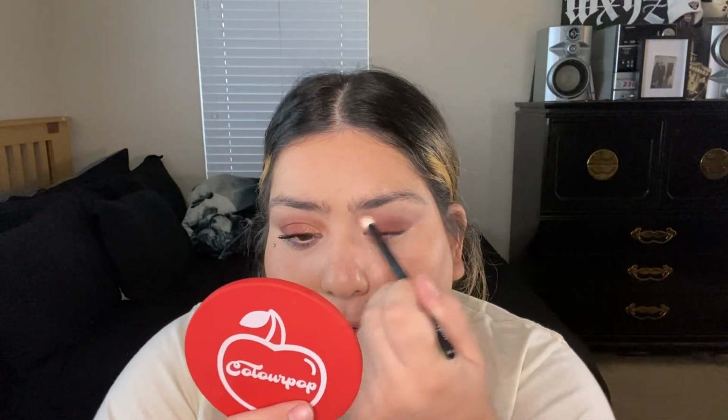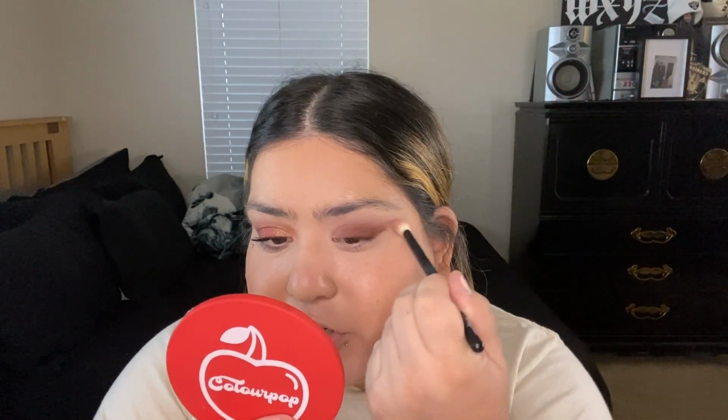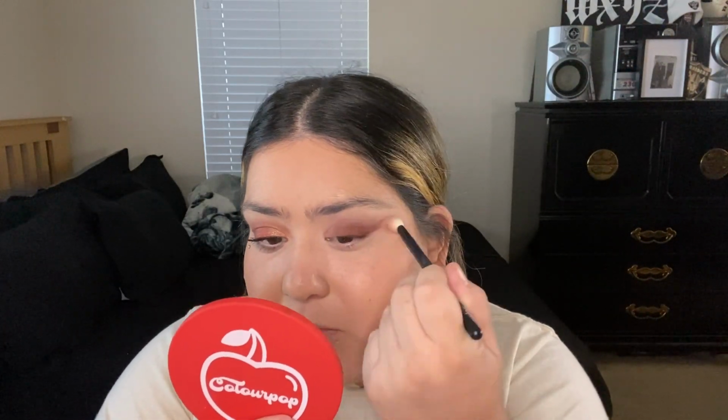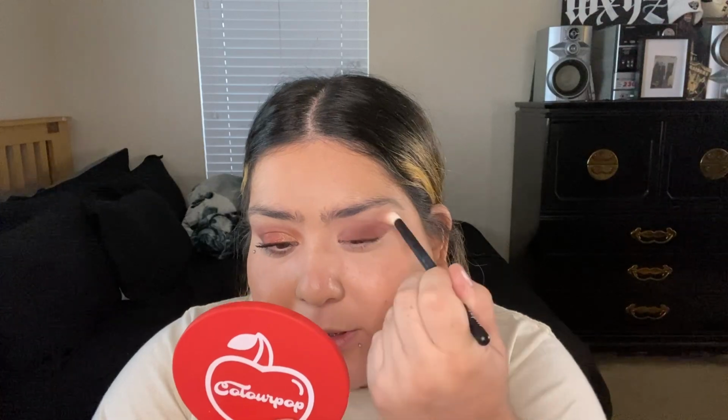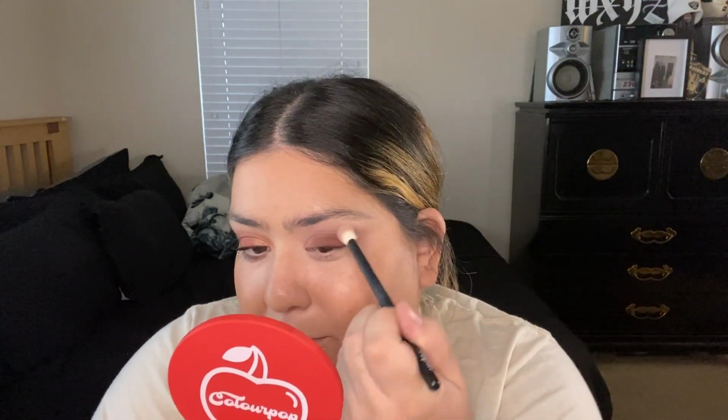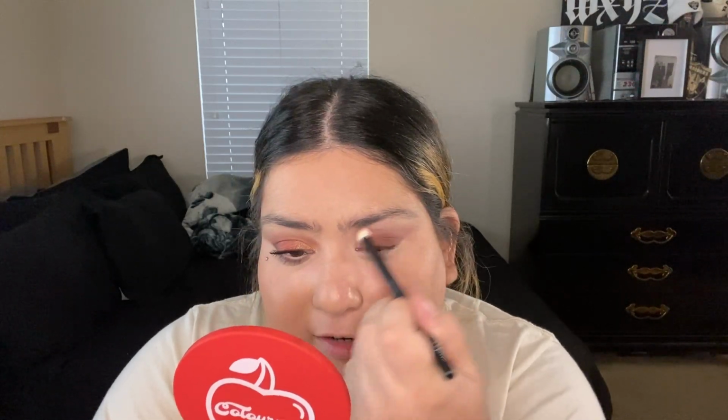And this is the part I'm talking about. In case you blend away too much of that first shade, the lid color, don't worry, you can always go back in once you're done blending and just tap some more of that dark shade in where you need it. But trust me, you can fix it. I'm not the best when it comes to eyeshadow, so that's why you don't really see me put on eyeshadow on camera. And even outside of filming, I really don't use eyeshadows a lot, even though I have a ton